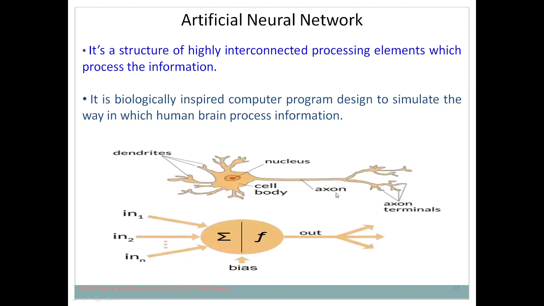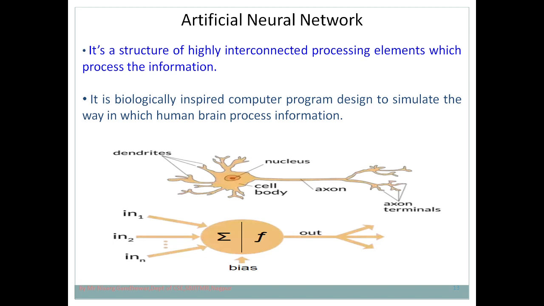So it is passed through the axon to your body, and according to that your body has taken the action. This is how your brain is working, this is how the neurons present in the brain work. In the same way, an artificial neural network is there. The main objective of a neural network is to mimic the structure and the working of the human brain in the machine. We want the machine to be able to take a decision just like a human being, just like your brain takes a decision, processes the information, and takes action.